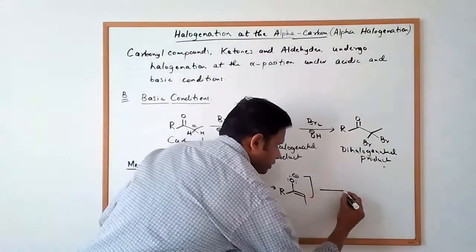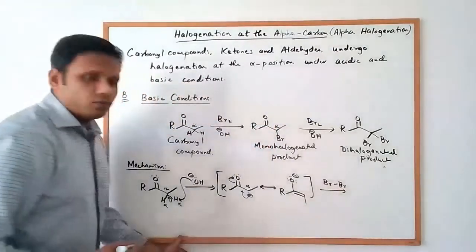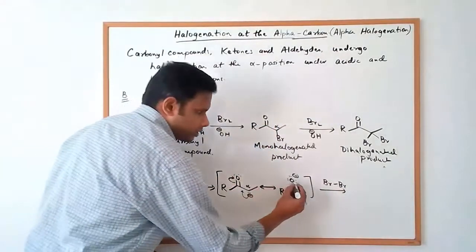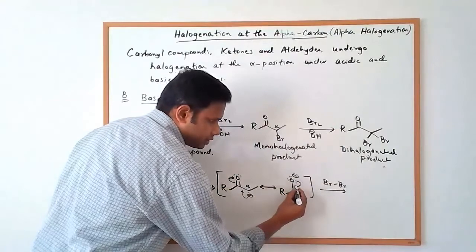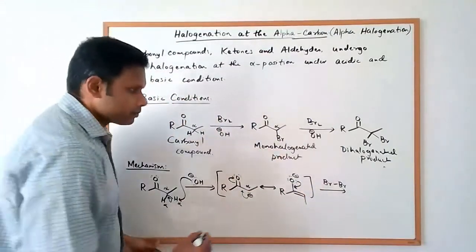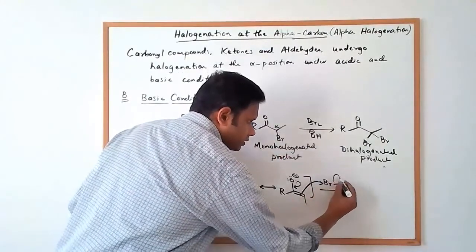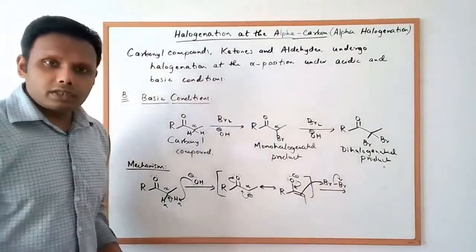And so from here, what happens is the enolate is going to react with the halogen. So again, the way we can show this electron push is that lone pair comes down from the oxygen to create the double bond, and the pi bond here goes and attacks the halogen, and the other halogen gets kicked out,